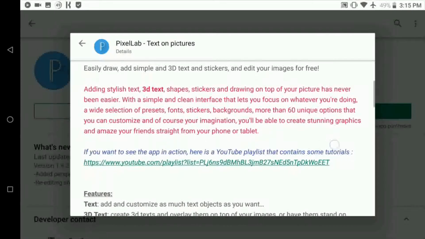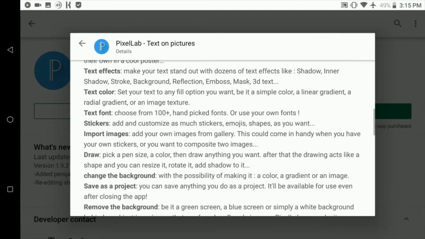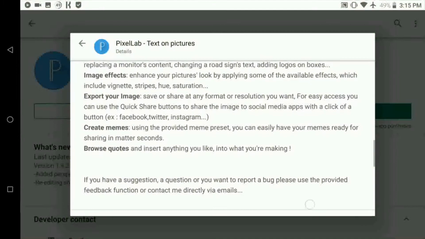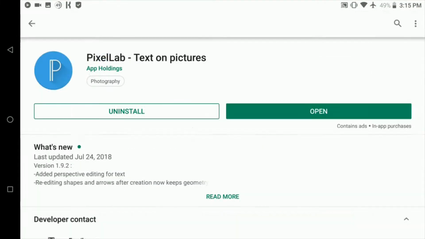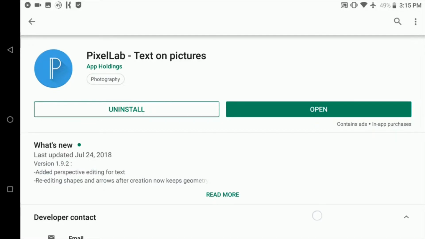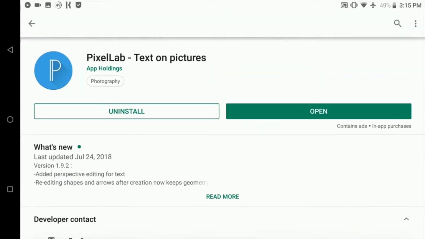Now the stickers aren't really that big of a deal, so it's okay if you're using the free version. Right now I'm using Lucky Patcher to remove the ads, but that's alright. I'm going to buy this app soon anyways, after I get the money. But